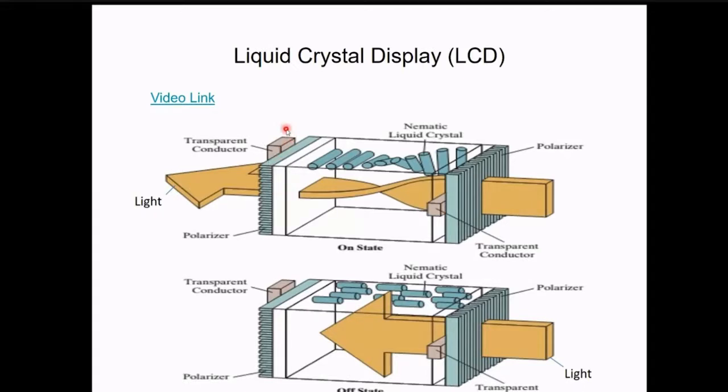And then the second stage shows us the off state. The off state is nothing but, the nematic crystal display will simply be blocking the light. Once we are able to successfully block the light, that particular pixel would not be able to display something, or it will be simply blank, or it won't be giving you any information. So we have one fundamental, the on state that is showing you some information, and another, the off state that is not showing you anything at all.